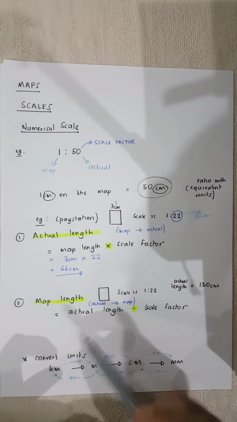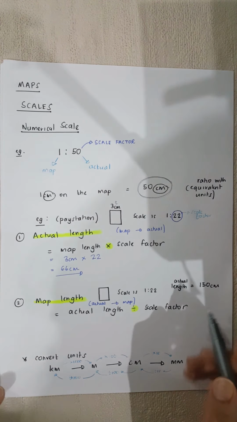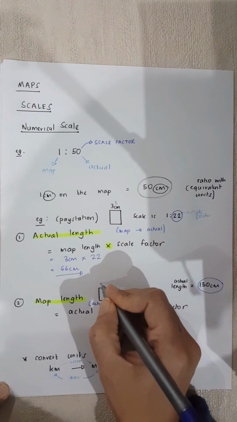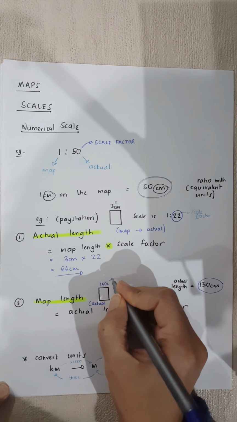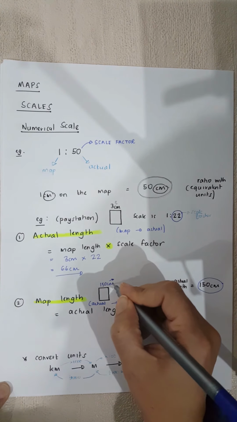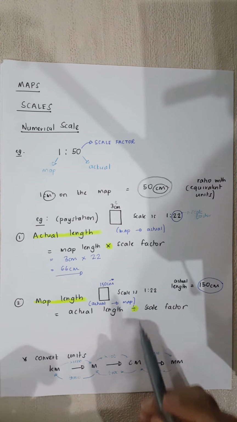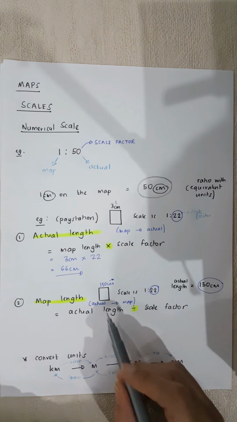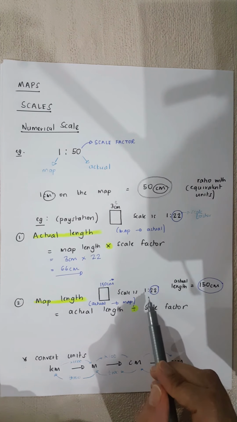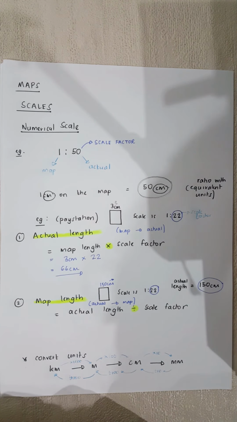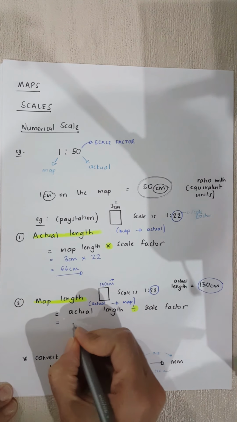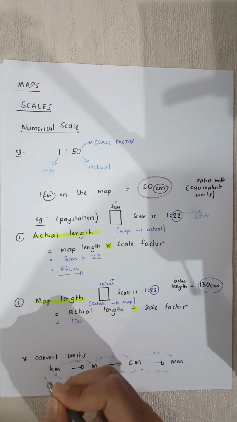Now if we're going the other way around, they're telling you that the actual length is 150 centimeters. If the actual thing is 150 centimeters, they want you to draw it to scale, where your scale factor is 22, so a map or drawing with a scale of 1:22. What do we mean by that? We're going from the actual size to the map size. We're scaling down, right? So you take your actual length, which is 150 centimeters,